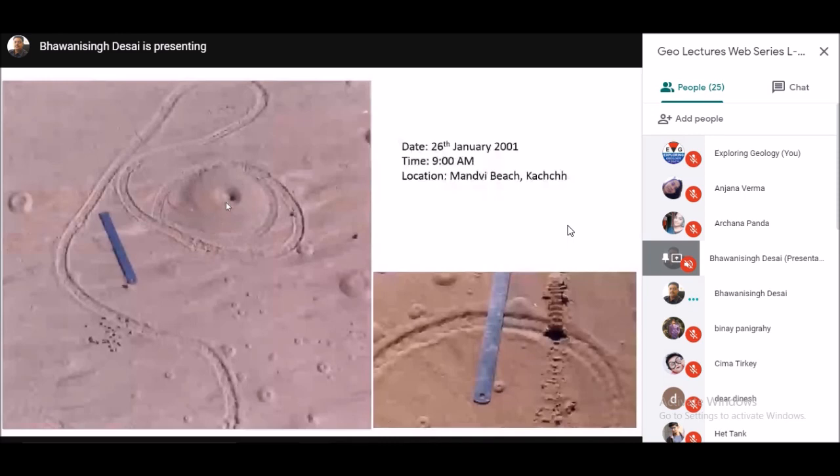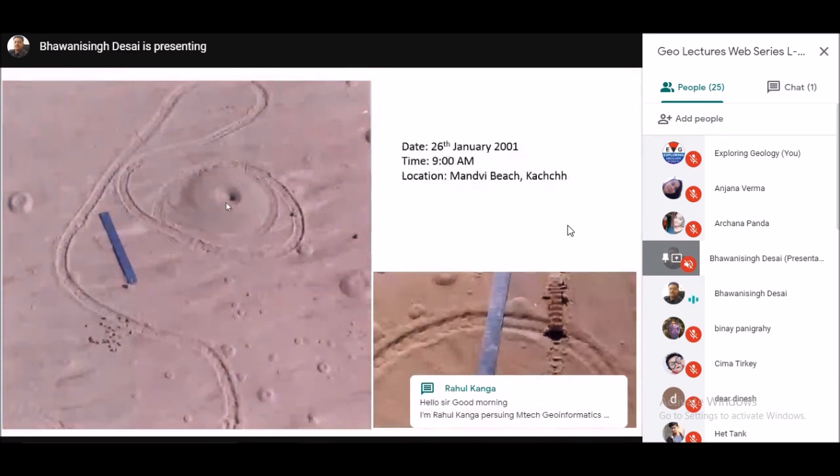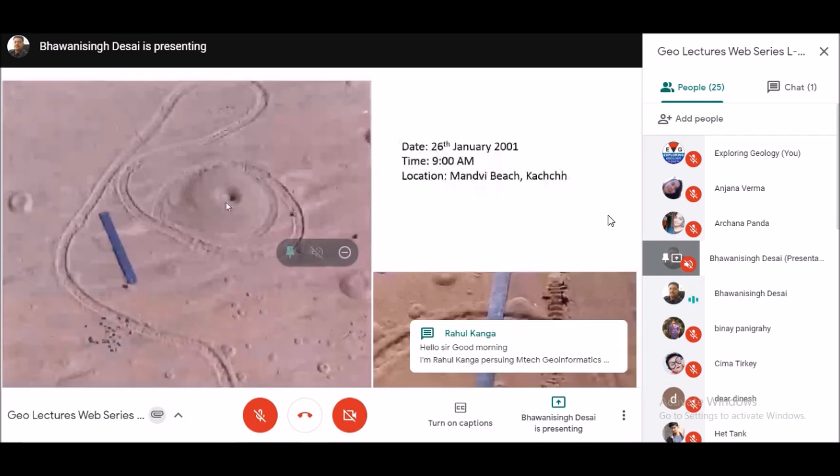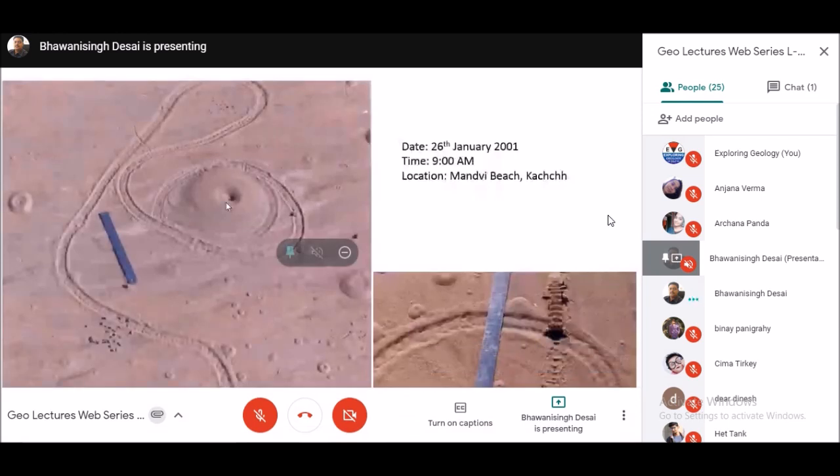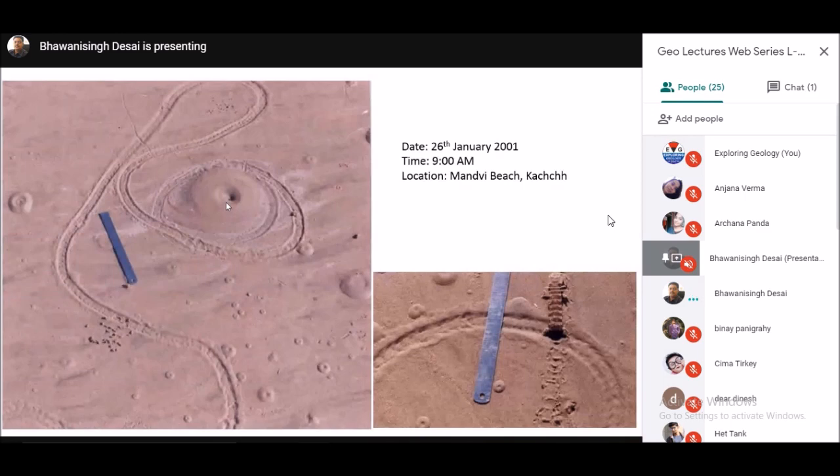So point number one, with trace fossils we can understand the sedimentary environment. With the same trace fossils, we can also understand the behavior of the animals. So this is a very effective tool, not only to understand the sedimentary environment, but also to understand evolution. But for today's lecture, I will restrict myself to how to use them to know the sedimentary environment.